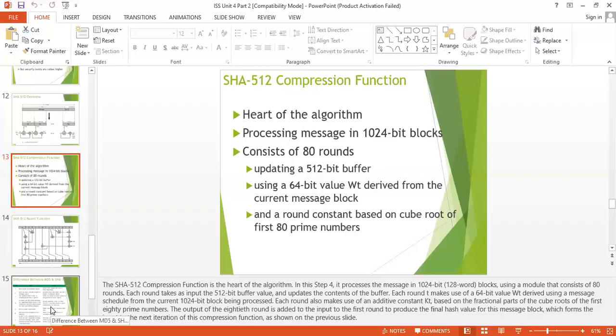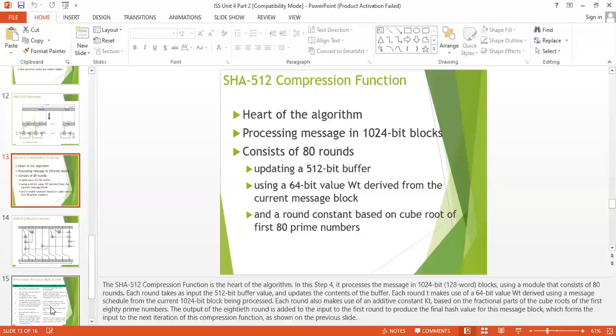Each round also makes use of an additive constant, K_t, based on the fractional part of the cube roots of the first 80 prime numbers. The output of the 80th round is added to the input of the first round to produce the final hash value for this message block, which forms the input to the next iteration of this compression function.